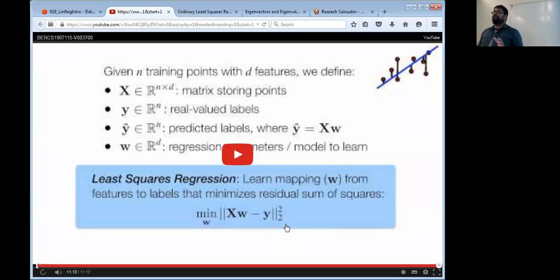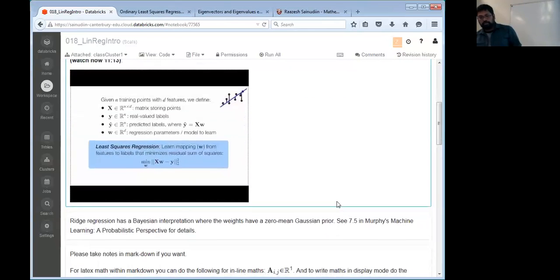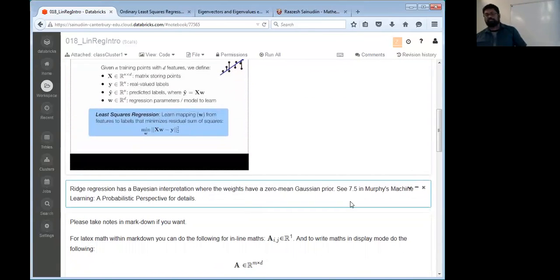So you've learned quite a lot here, right? It's a very algorithmic approach, but there is a lot of probability under the hood, and I've given you lots of pointers in the notes to dive into it. The most important thing is ridge regression as one nice way to penalize for model complexity. And in fact, there is a nice probabilistic interpretation of it, which is essentially in section 7.5 of Murphy's machine learning book. So it's basically this book. And if you look at it,